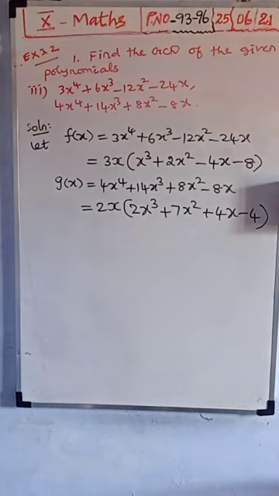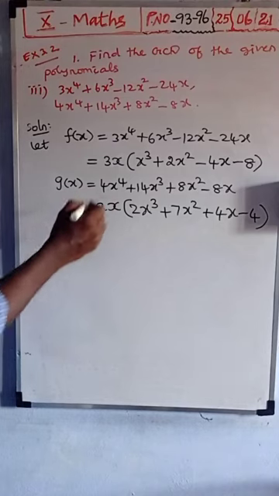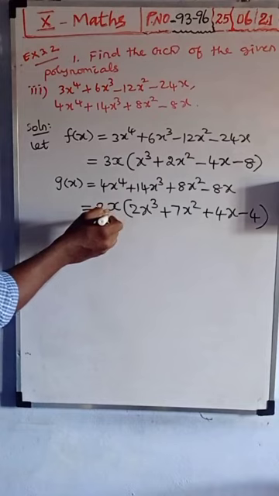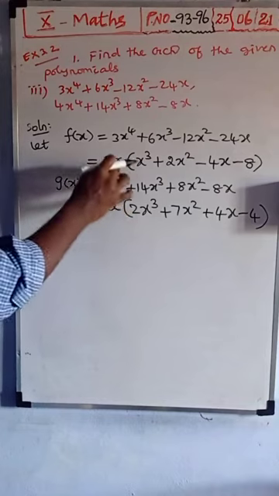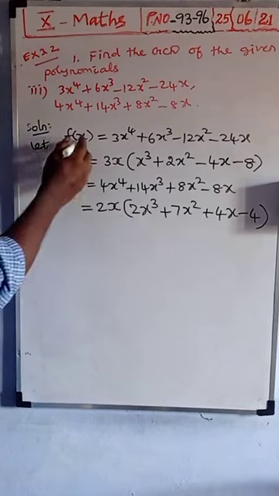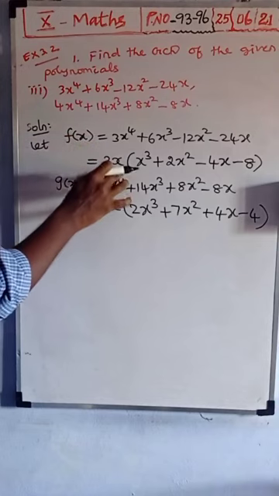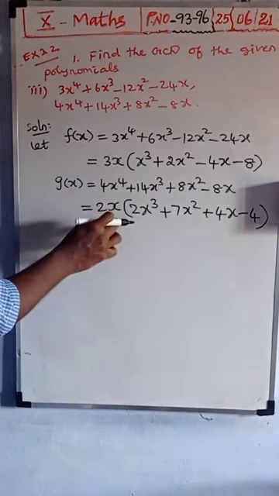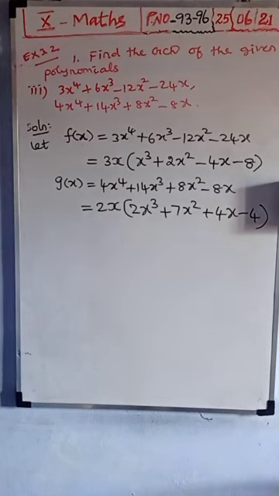Now here we have 3x and 2x. In the GCD of these two, which is common? x is common. The GCD of f of x and g of x, the common term we chose outside, is x, so you want to write that x. At last, in the answer you want to mention this x. Now see, you should divide.